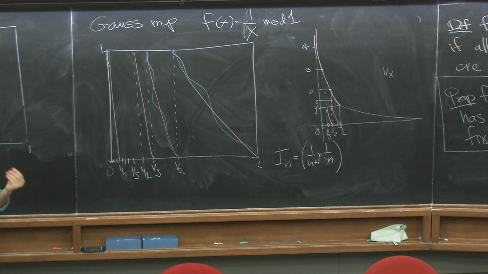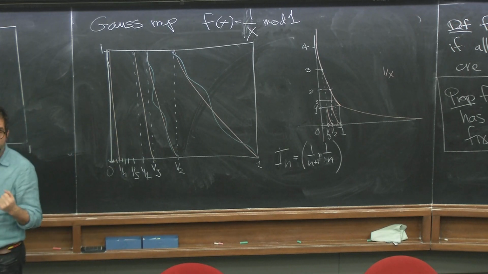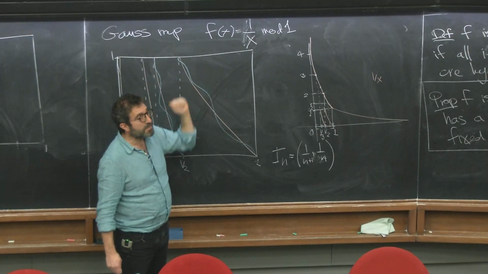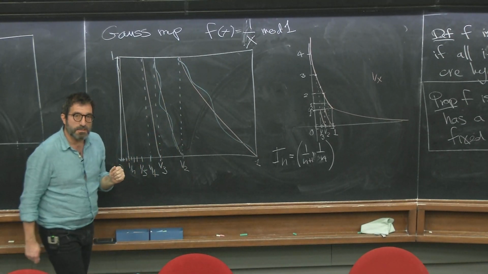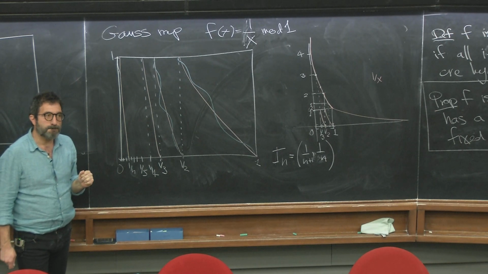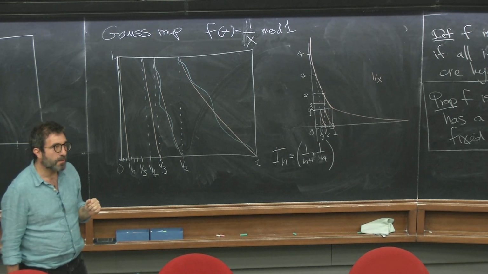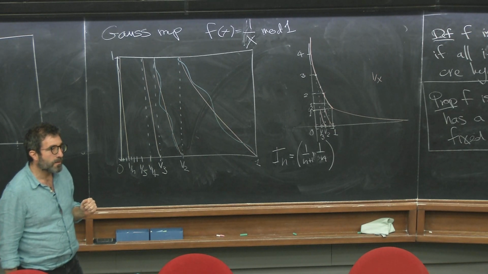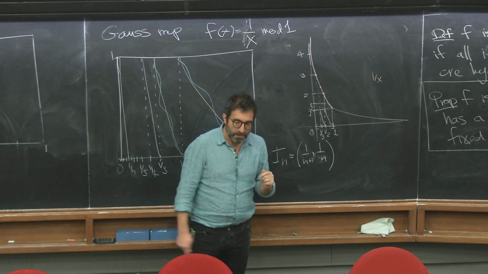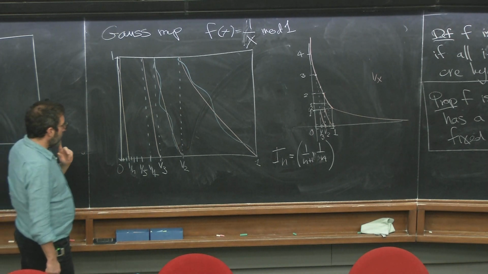Something that unfortunately we do not have time to do, because it would take me a little while, but if you're interested, you can investigate: this Gauss map, Gauss was interested in this map for a particular reason. Does anyone know why? Distribution, maybe? Excuse me? What about distribution? No, I'm not sure I heard correctly, but one of the reasons he was interested is because